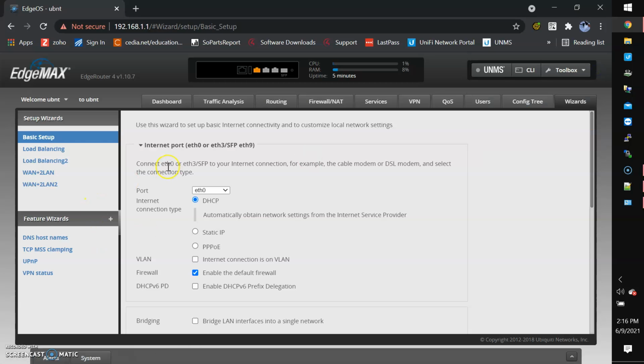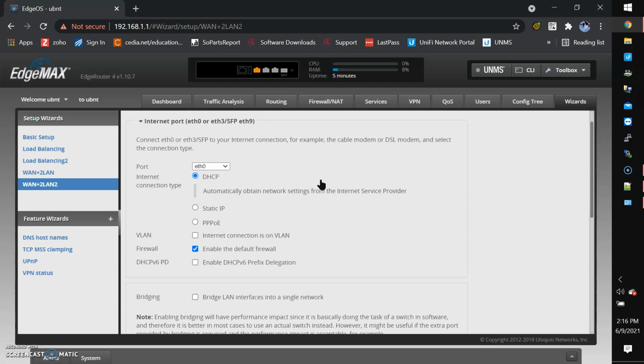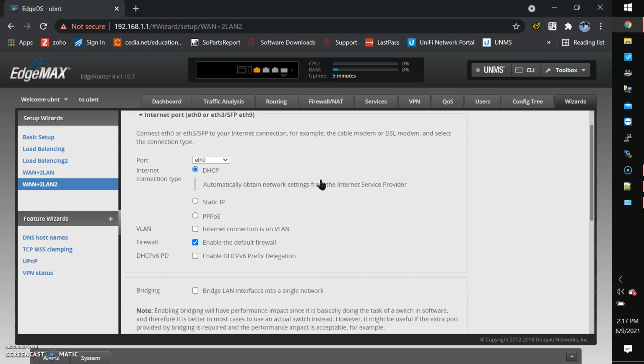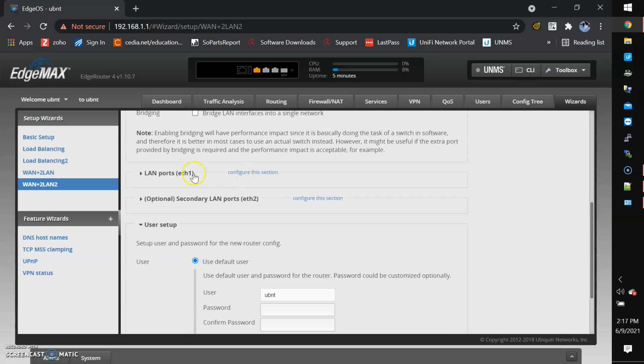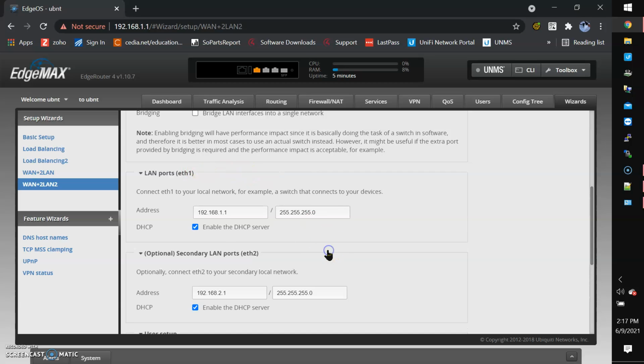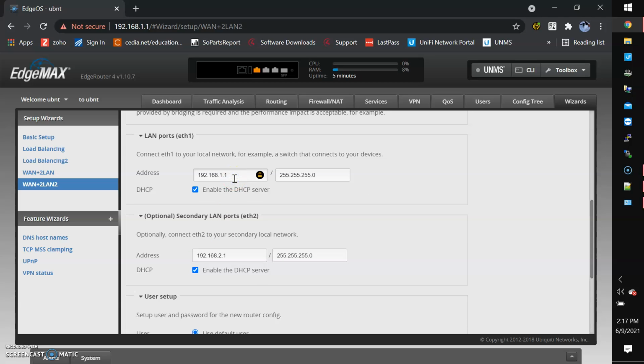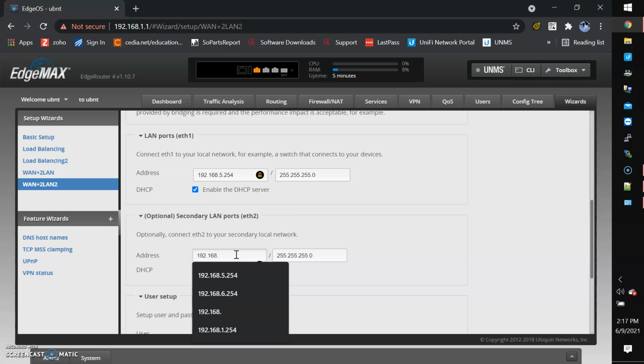So there's a few different ways you can set this router up, but today we're going to be setting it up with the WAN plus 2 LAN 2. This top portion we leave alone. The Ethernet 0 is always where our internet is going to be coming in, or is our WAN port, so we'll leave that alone. And we're going to be configuring Ethernet 1 and Ethernet 2. Ethernet 1 is where we'll set our standard at 192.168.5.254, and Ethernet 2 is where we'll set our other standard,